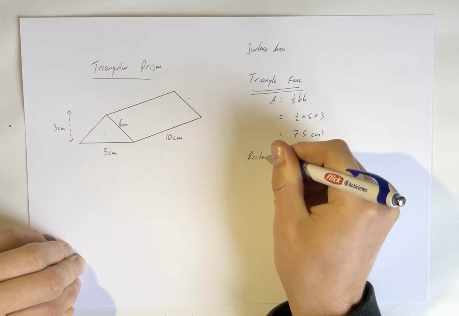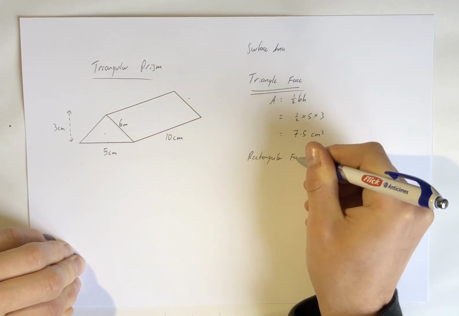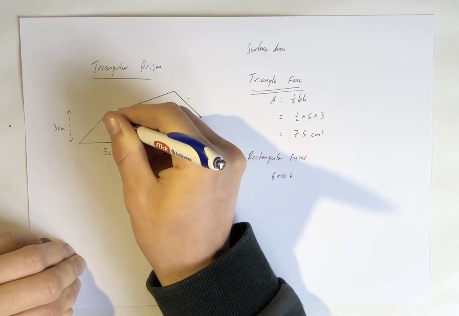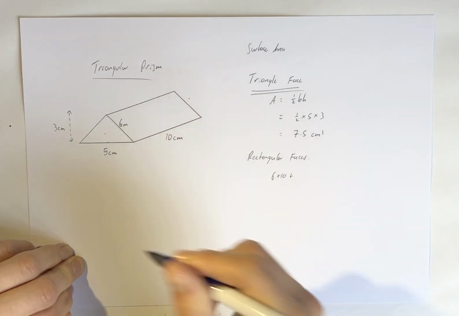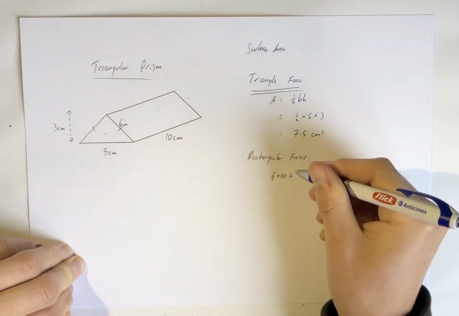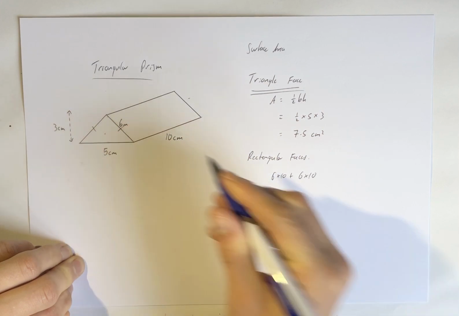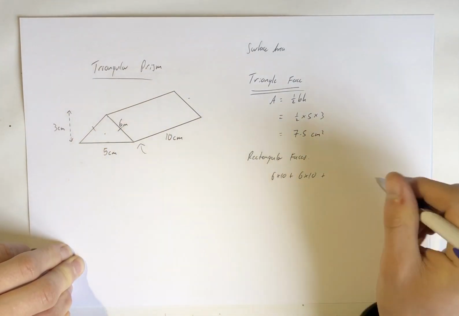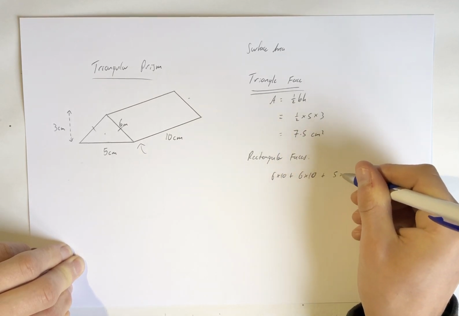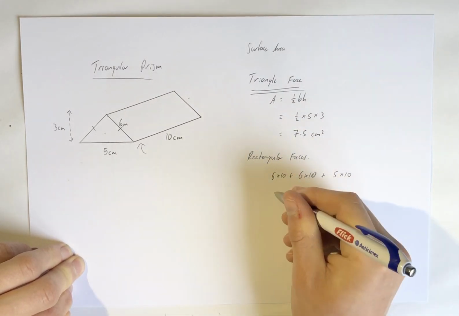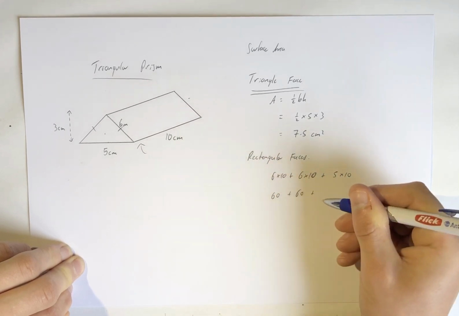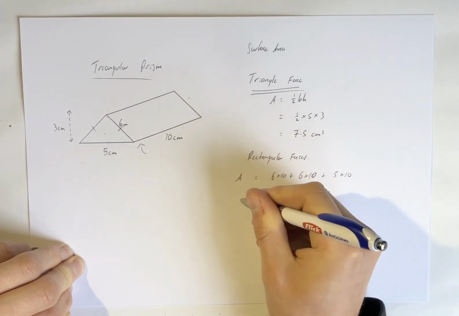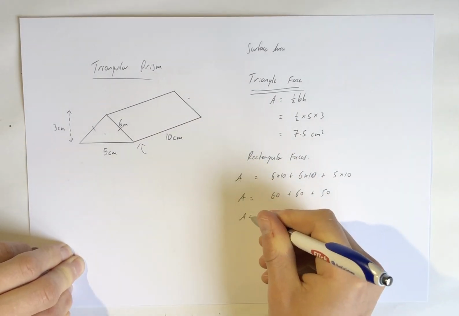Rectangular faces. Well, here's one, 6 by 10, plus, apologies, these should be the same length, so that's 6 by 10, plus we have a 5 by 10 on the underside, so it's quite hard to visualize sometimes, so that's 5 by 10, so that's all the rectangular faces, 60 plus 50, and that's going to be, so I'll go area is equal to